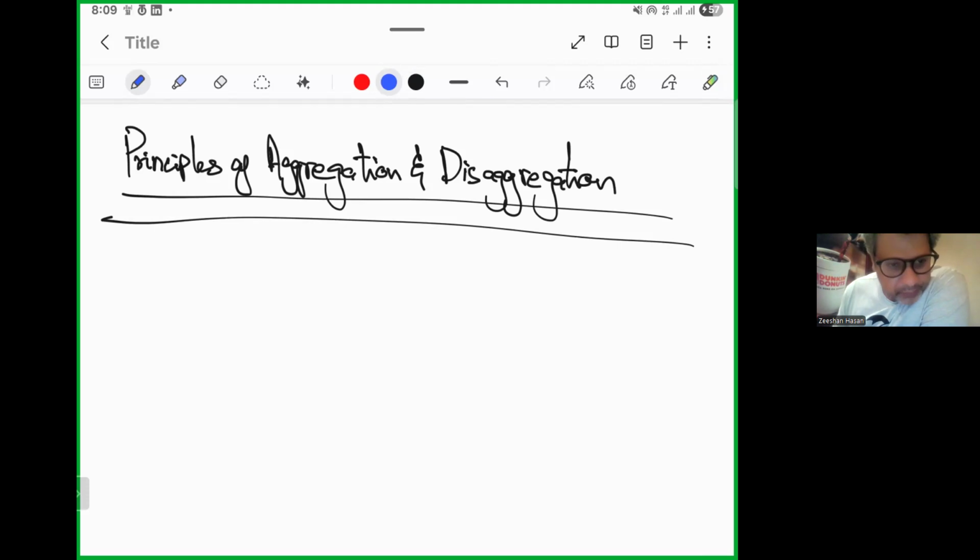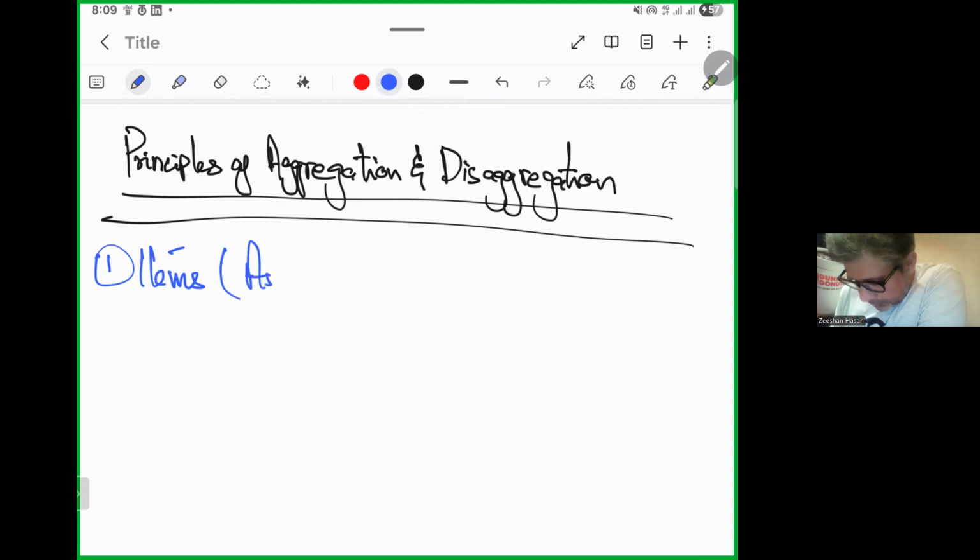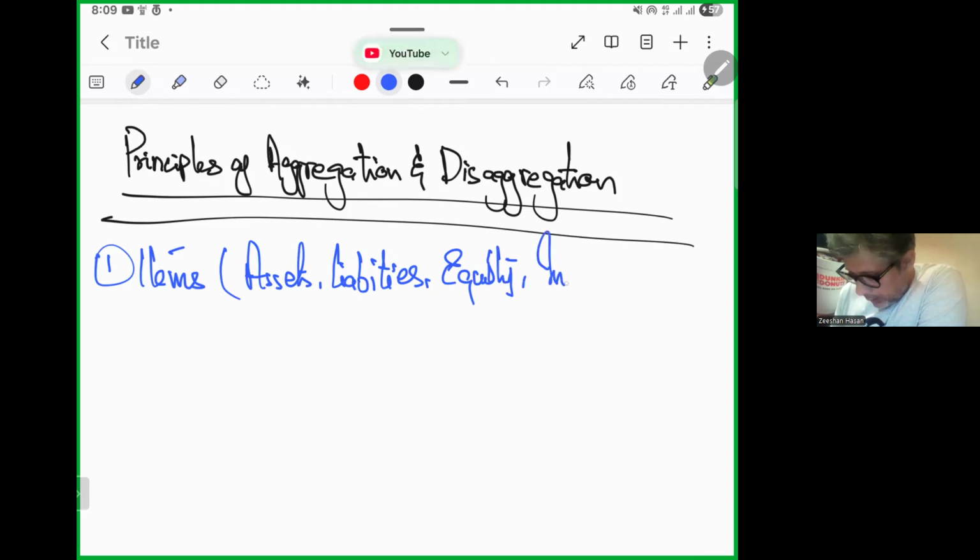Number one, items, assets, liabilities, equity, income and expenses, or cash flows should be aggregated